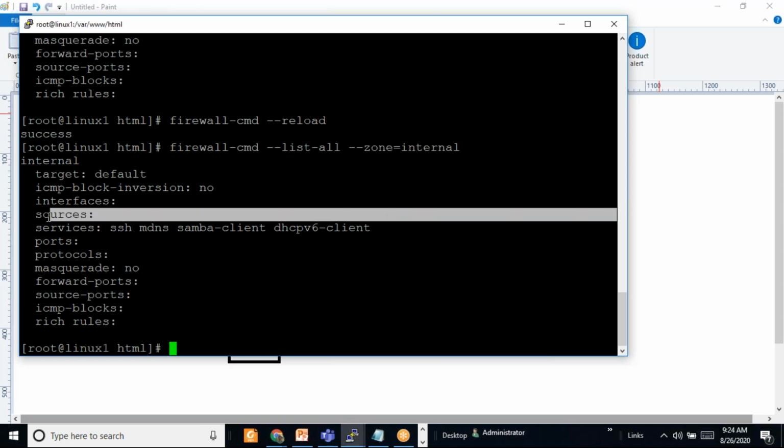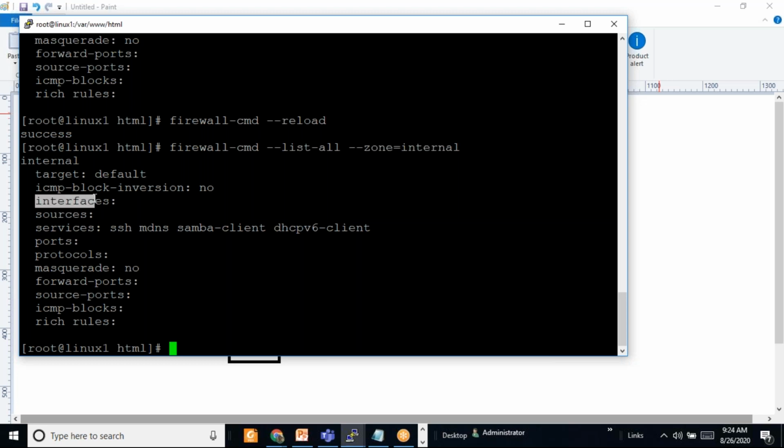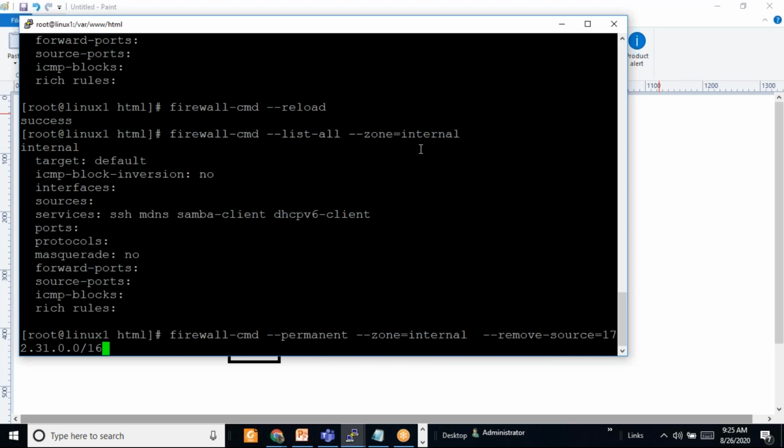If sources are not associated, we can add an interface also. Whatever traffic comes from that interface will work like an internal zone, and there we can add separate rules for the internal zone. So now I am associating a particular source address. I can give this command, add source, add source address.